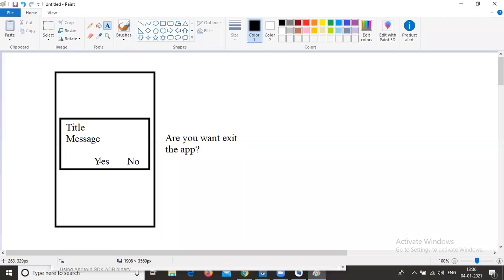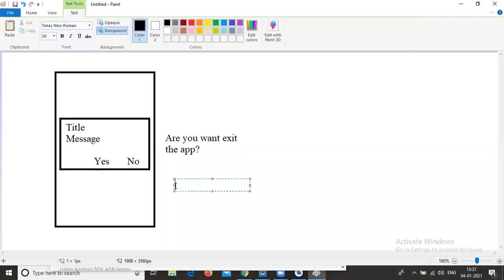If you are clicking Yes, the app will close.